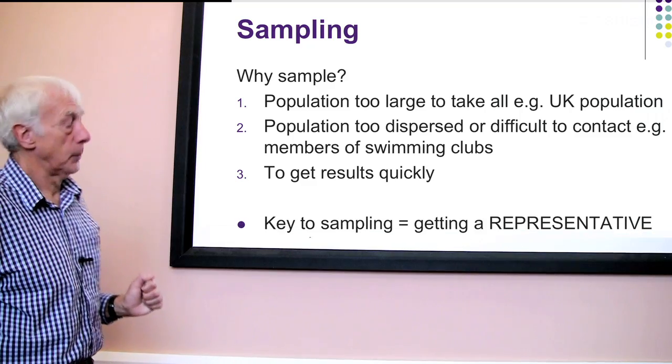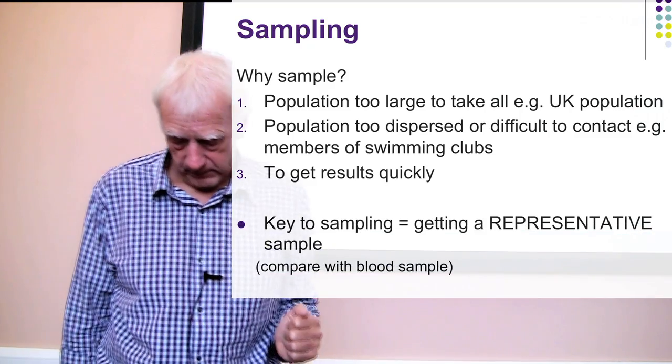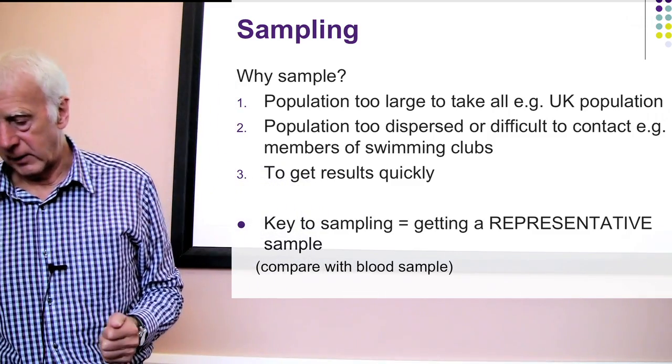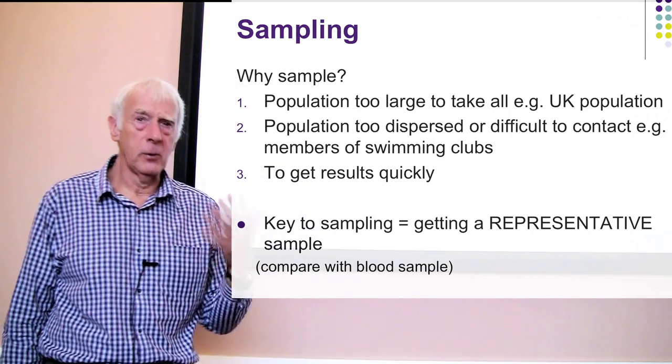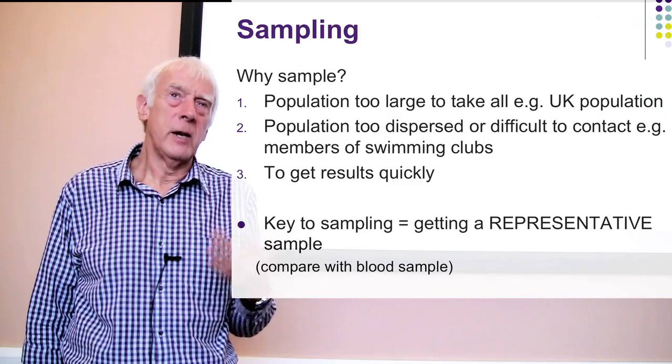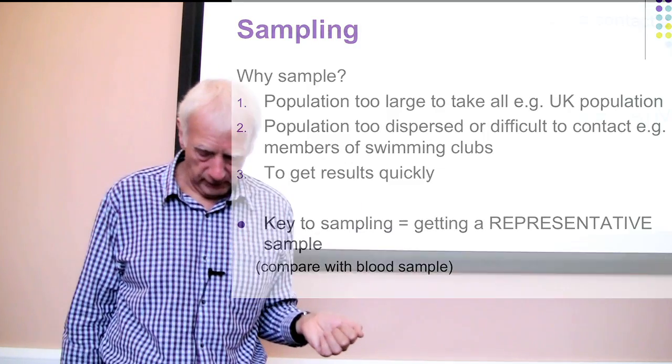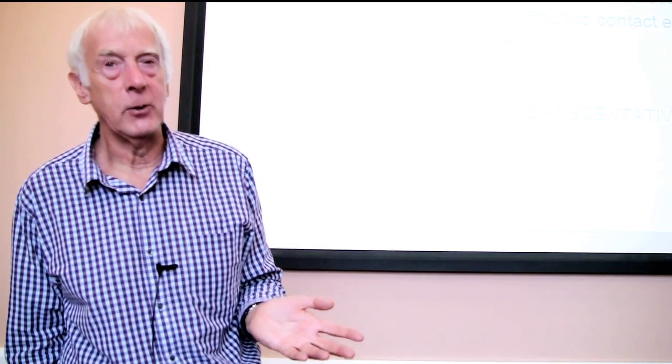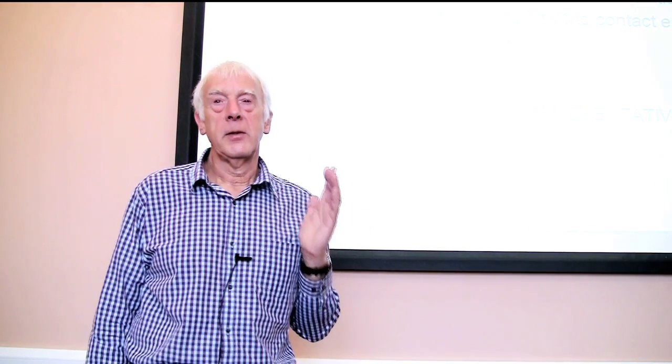Okay, this last point here, the key to sampling. It's an often repeated point, and it comes up in all kinds of different ways. If you read the textbook, sometimes you watch things on TV. I've actually seen some pollsters on TV talk about this. Sampling, the key point to sampling is to get a representative sample.